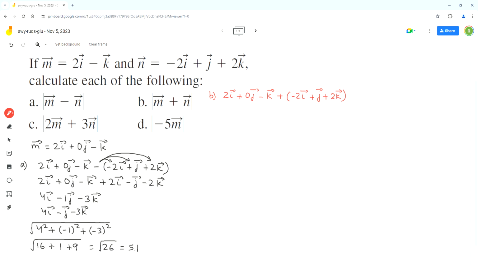So for the i terms, we have to do 2 plus negative 2, which is equal to 0. For j terms, we have to do 0 plus 1, which is equal to 1. And for k terms, we have to do negative 1 plus 2, which is equal to positive 1. Now we do not have to show 1 as a coefficient, so we can rewrite this vector as,